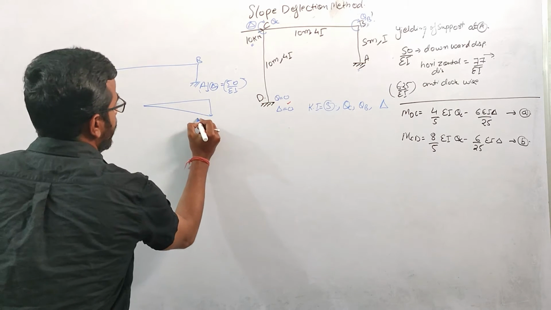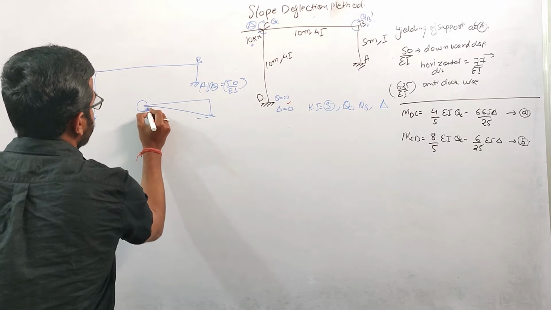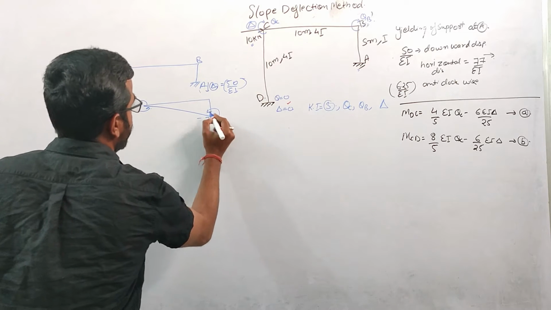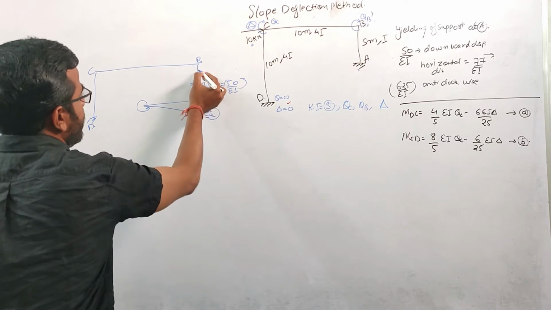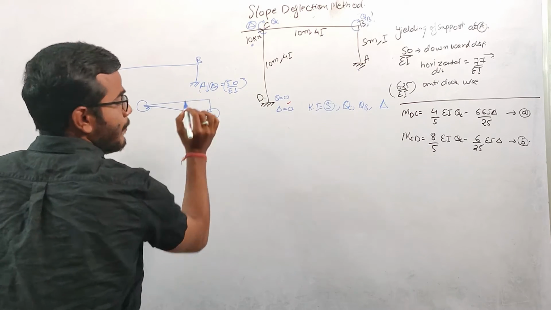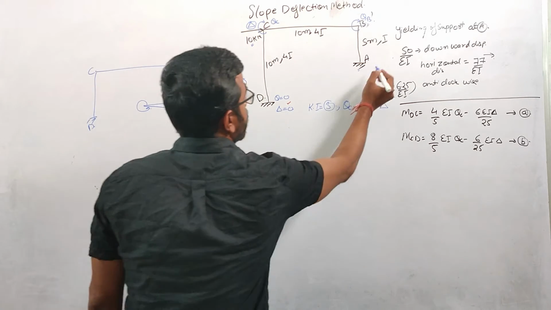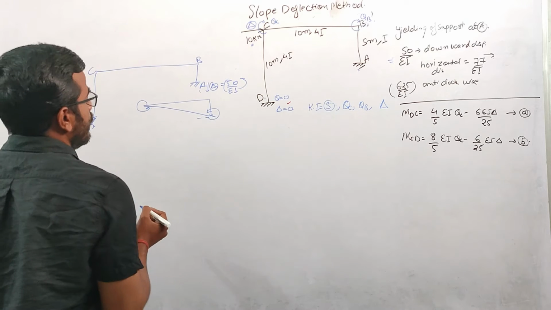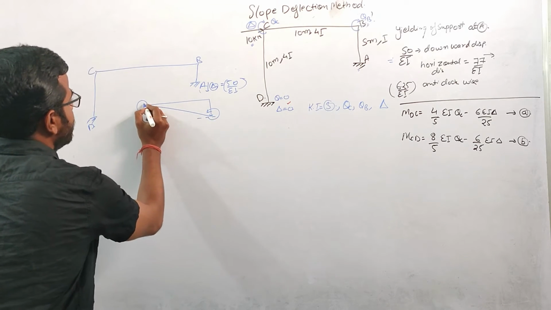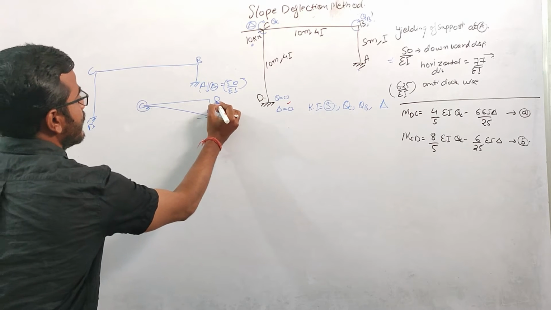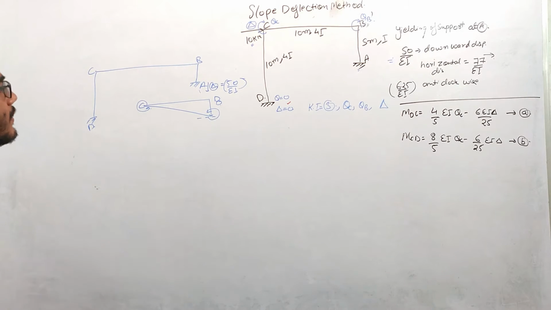Okay, so what will be the direction of the moment? So direction of the moment again will be anti-clockwise, right? This point B is coming down. Why is it coming down? Because A support is sinking by this much amount. Okay, downward displacement is there. So we will be having anti-clockwise moment at C and at B, right?